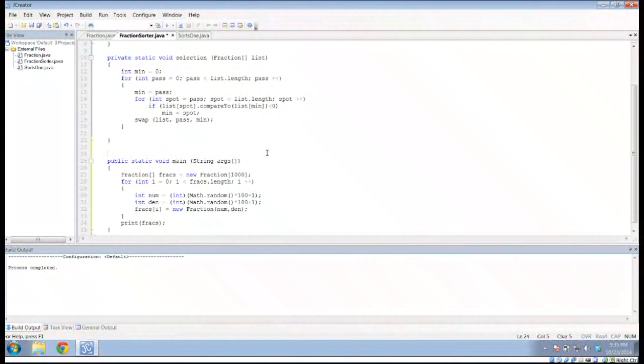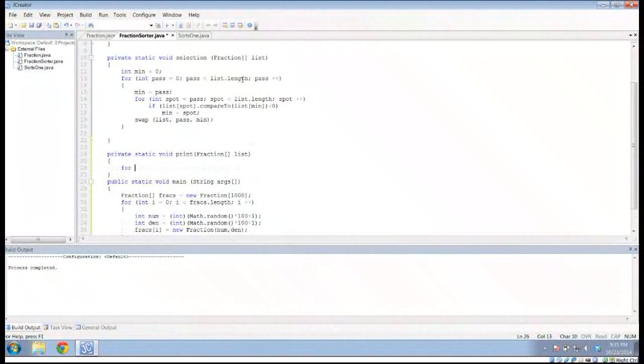So we're going to do private static void print, again passing it a fraction array, which I'll call list,